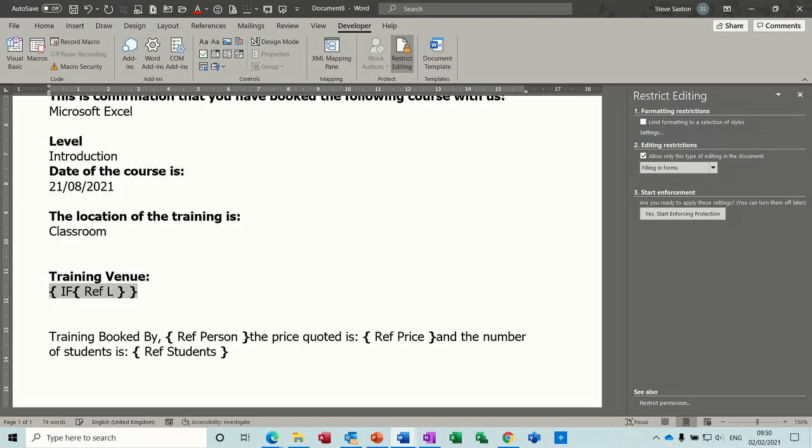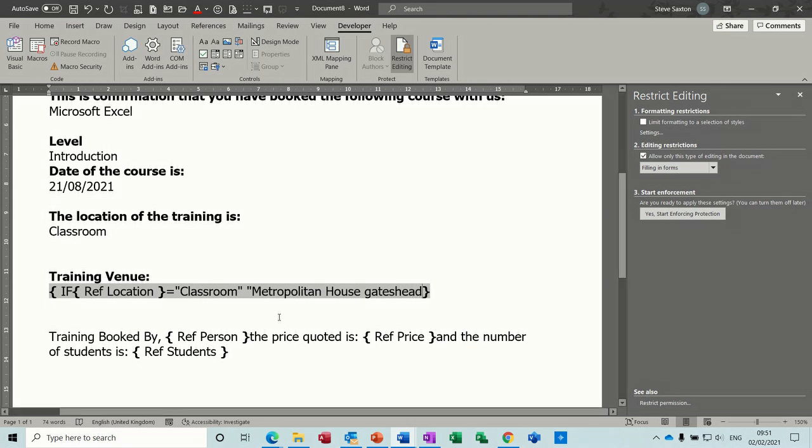ref location is equal to classroom, which it is at the minute, equal to, in quotes, classroom, close quotes, open quotes. Now I'm going to put the address. Where is the training going to be? Metropolitan House, Gateshead, with a capital G. Otherwise, if I close that,